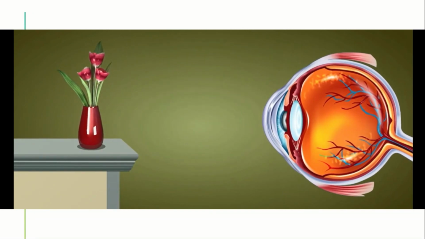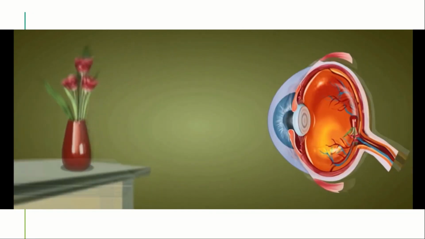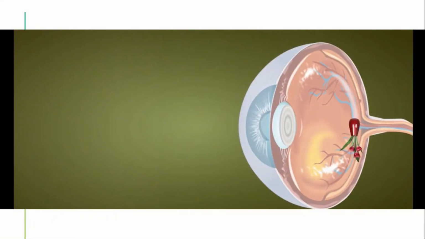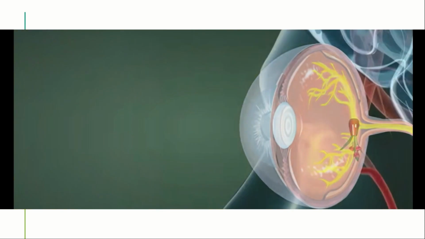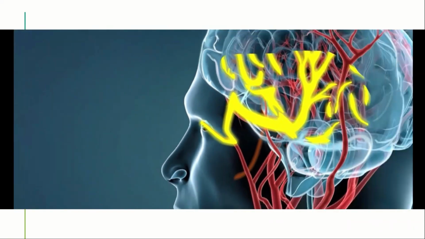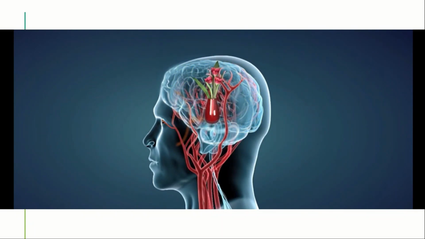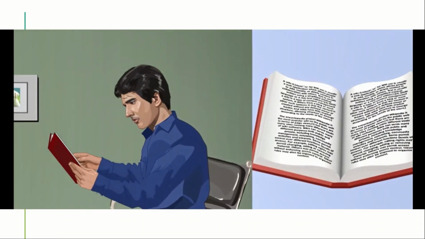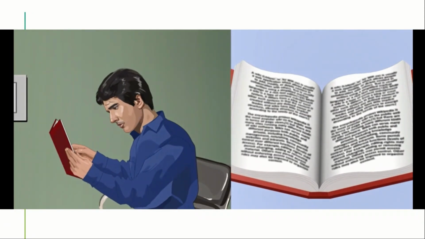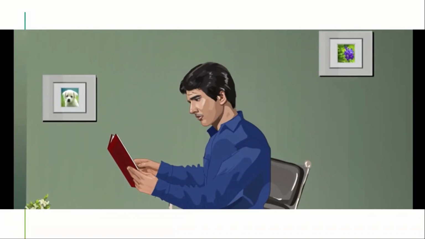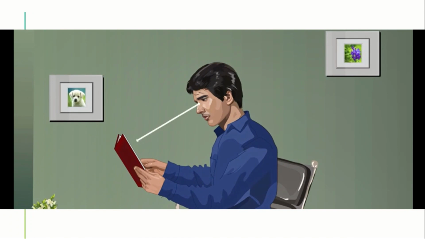The image formed by the lens is a real inverted image of the object that strikes on the retina. The light sensitive cells on the retina convert the light into electrical signals that are sent to the brain using optic nerves. The brain converts electrical signals into image we see. The minimum distance at which the eye can see the object clearly is called near point or least distance of distinct vision. In a normal eye, it is 25 centimeter.